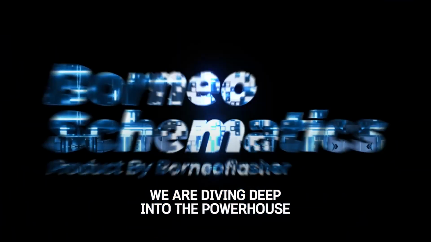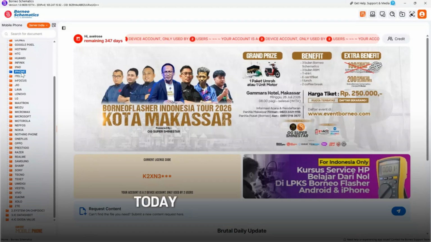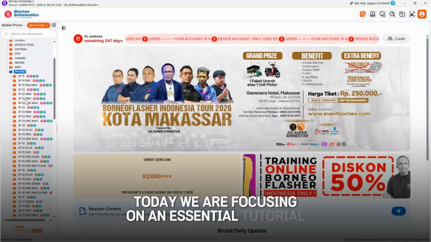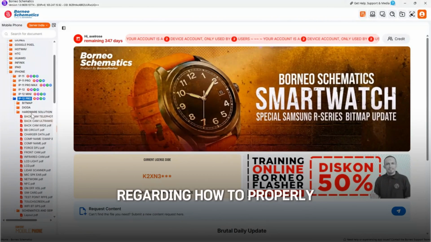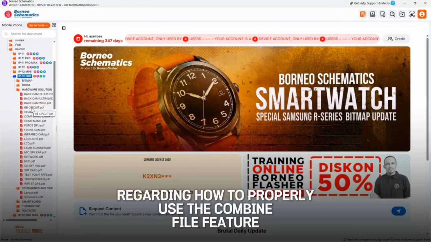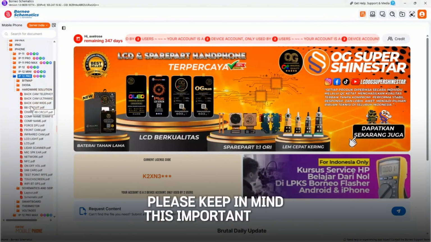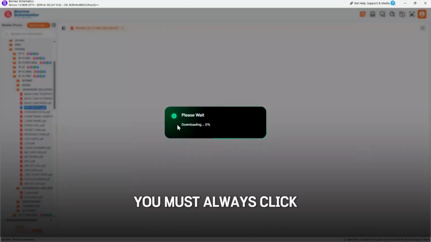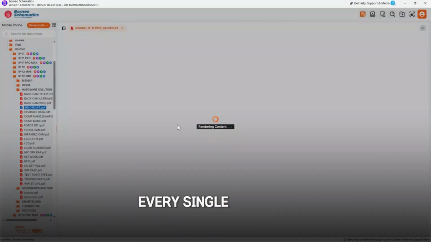In this video, we are diving deep into the powerhouse features of our software. Today, we are focusing on an essential tutorial regarding how to properly use the Combine File feature. Please keep in mind this important rule. You must always click the Combine feature button in the top right corner first, every single time you want to